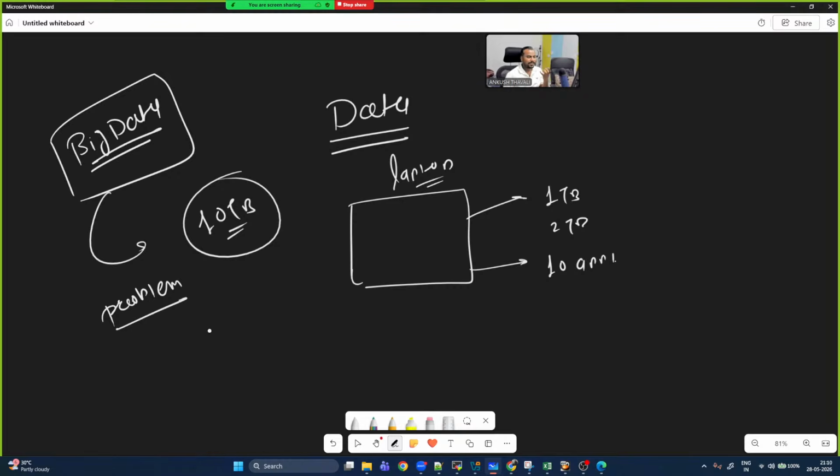And since big data is a problem, there should be some solutions, right? So they started with a solution we call Hadoop. So Hadoop was a solution. Earlier, people were calling it a Hadoop engineer. Hadoop engineers were there.